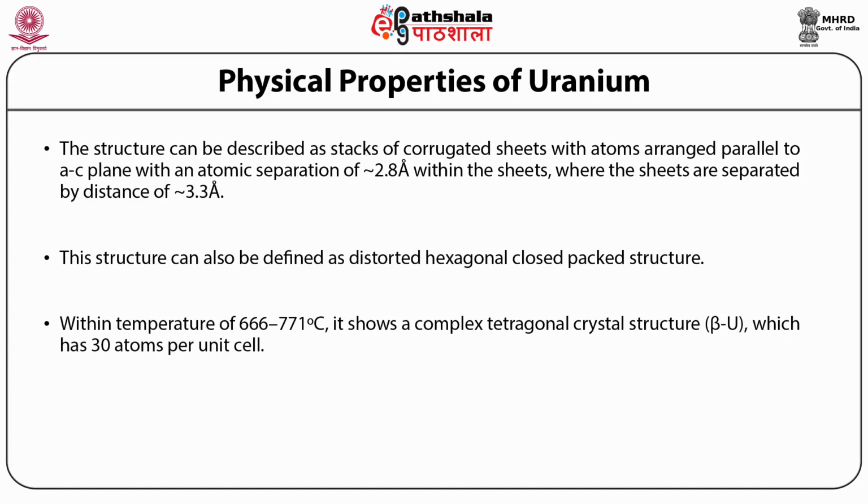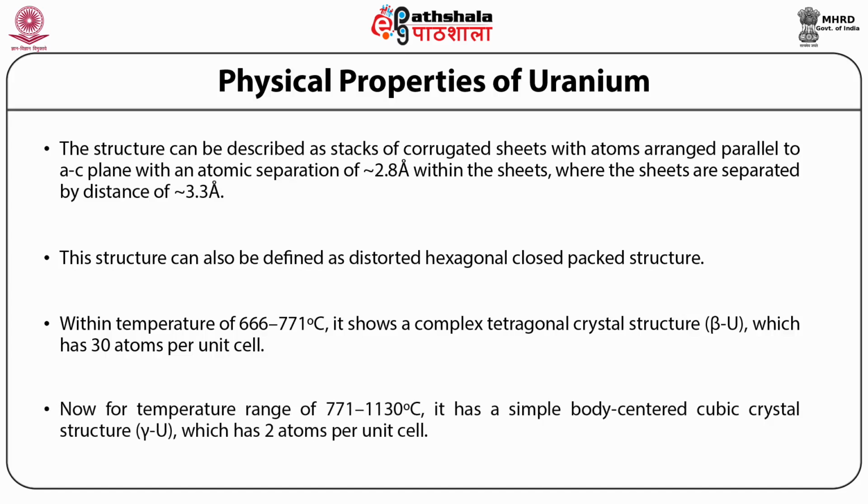Within the temperature range of 666 to 771 degrees Celsius, it shows a complex tetragonal structure, that is beta U, which has 30 atoms per unit cell. Now, for a temperature range of 771 to 1130 degrees Celsius, it has a simple body centered cubic crystal structure denoted by gamma U, which has 2